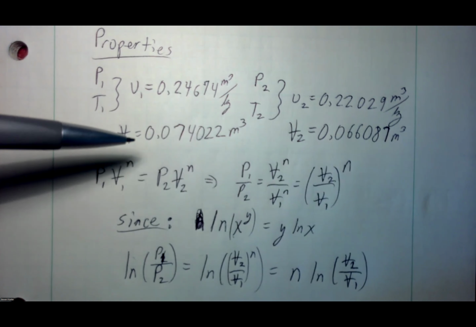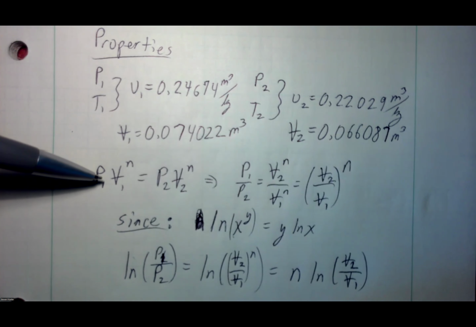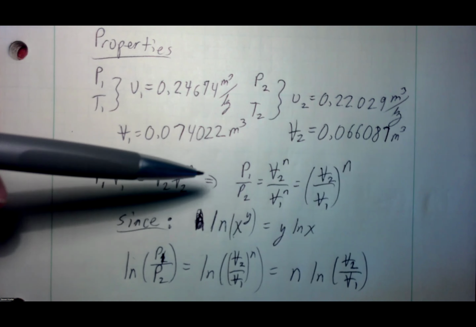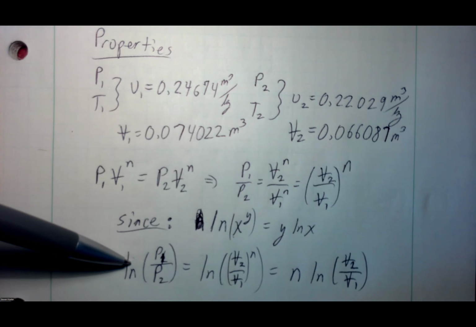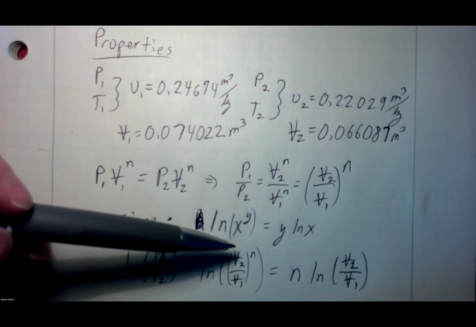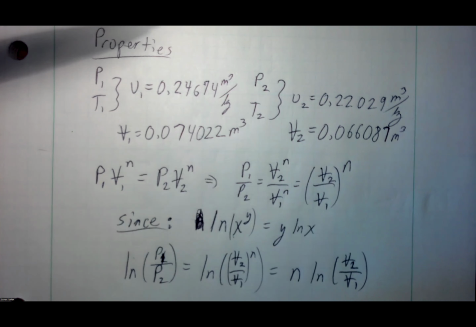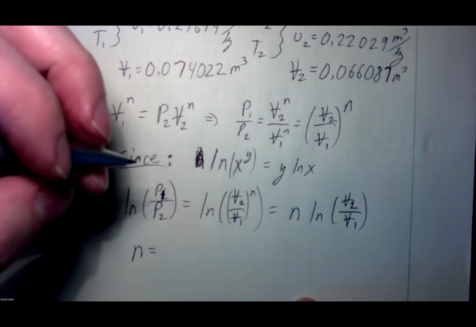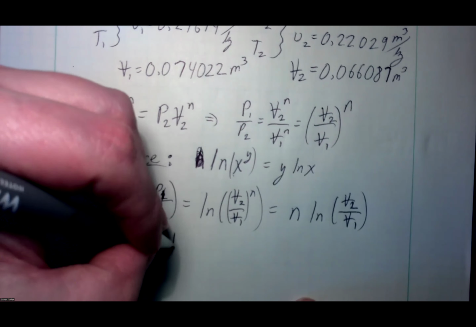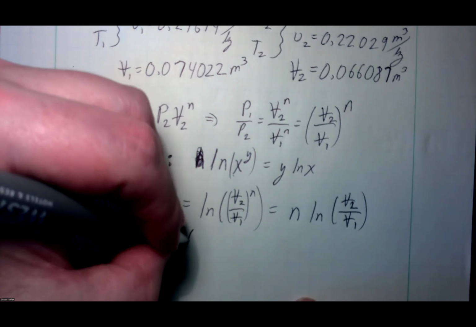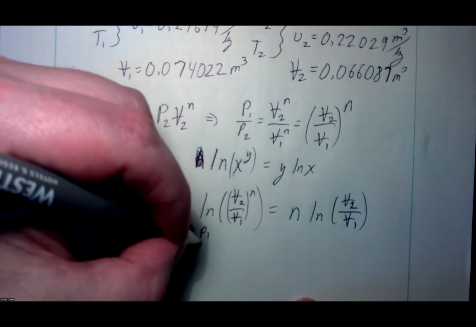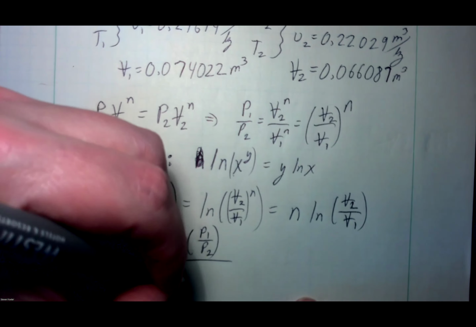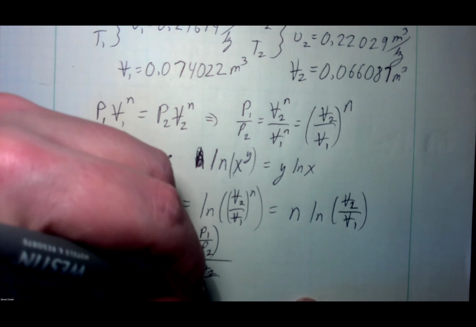Let's make sure I didn't mix these ratios up. Double check my algebra. It's a good thing to do here. This to this looks right. Yes, natural log of 1 over 2 is equal to natural log of 2 over 1. Pull the n out. Yep, so far so good. So n then is going to equal the natural log, so if I solve for n, that's the natural log of P1 over P2